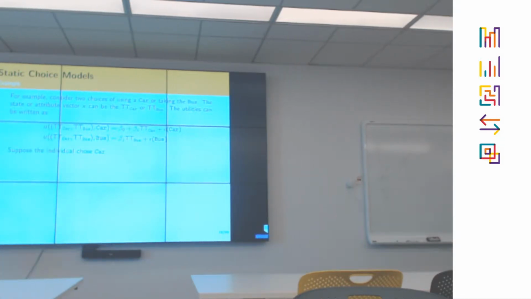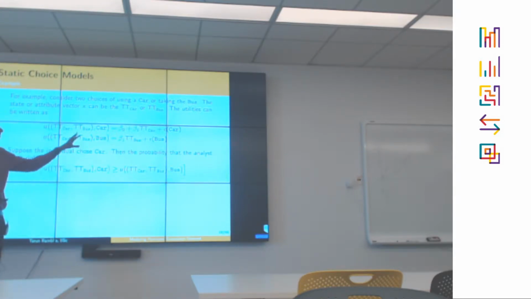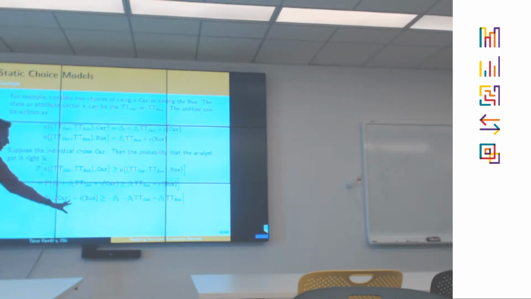Now, if we knew that the individual chose car, and let's say this came from some survey data or revealed preferences, then as an analyst, the probability that we got it right, that we predicted that the individual chose car, is the probability that the utility the individual gets from picking car is greater than or equal to the utility from picking a bus. You can rearrange these terms and write it as the probability that a difference of two random variables is greater than something that you know. On the right hand side, it's a function of these parameters beta, but TT car and TT bus are known